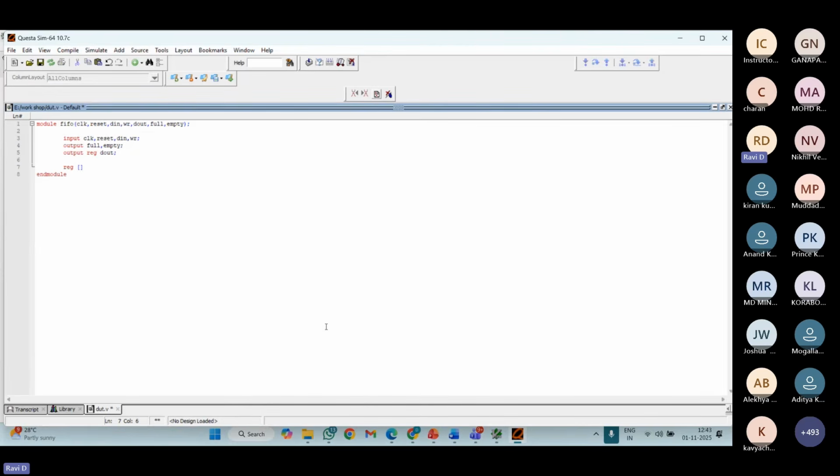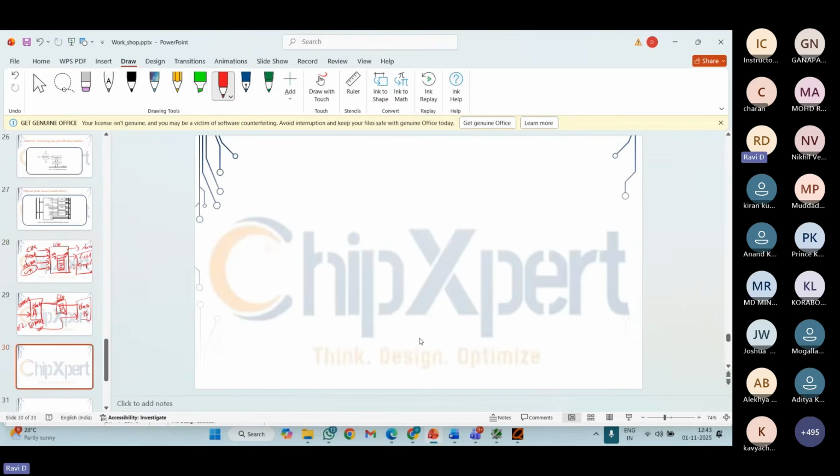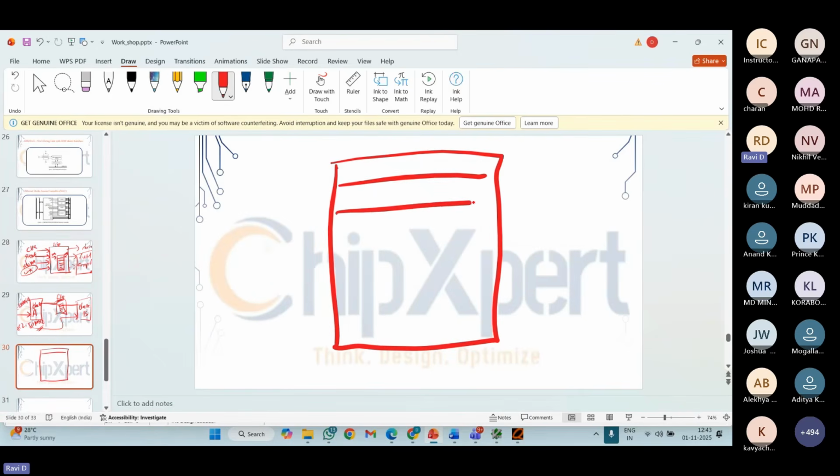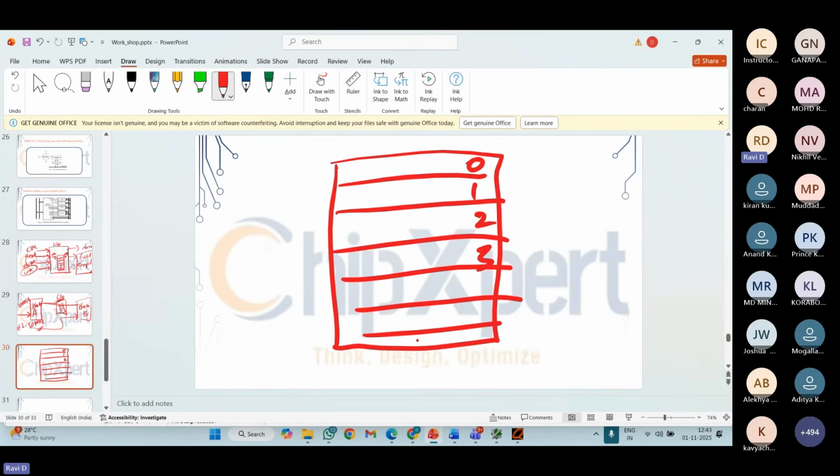The first signal I want to write is memory. So let's think my width of my memory is 4 bits and depth is 16. So how am I going to represent that? This is my memory, and it has 16 locations like this. Each row represents a location. So I have 0 to 15, totally 16 locations inside my memory, and each location can store 4 bits: 0, 1, 2, 3.